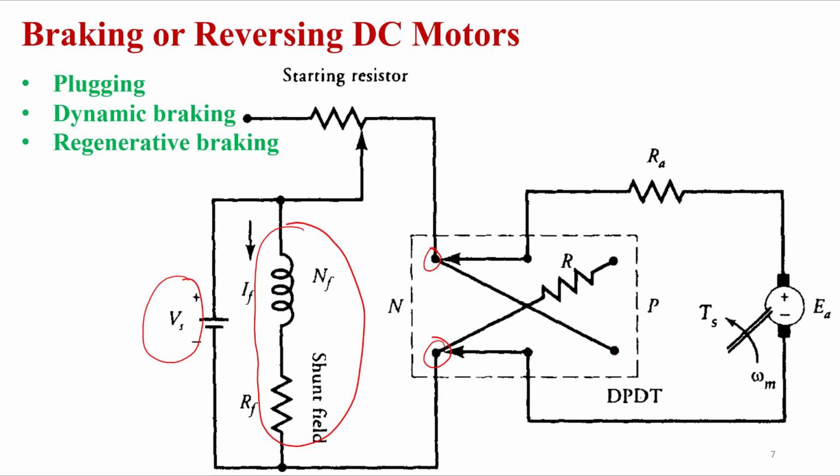Now the arrangement is made with a double pole double throw switch. Have you seen a double pole double throw switch? In your lab you might have seen it but may not know the name. Those who have done the synchronization experiment might have seen it when we synchronize. Nowadays I think contactors are used, so that is also double pole double throw.